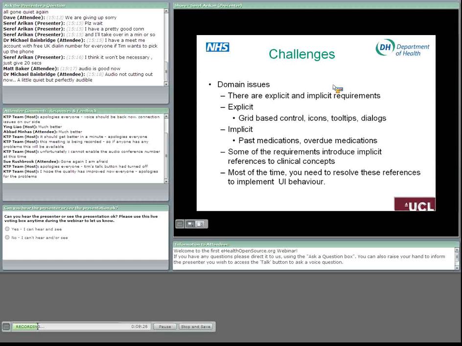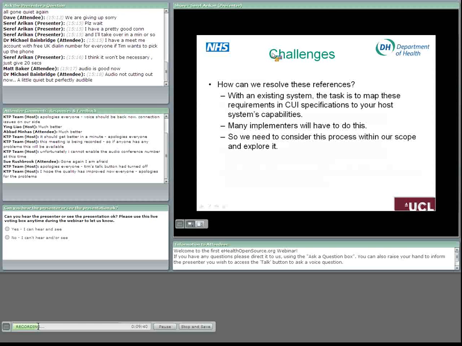Now, in order to implement the behavior described in the CURIO common user interface specification, you have to resolve